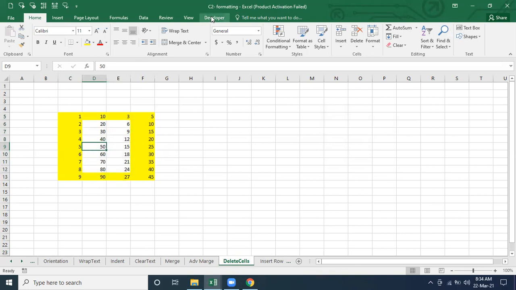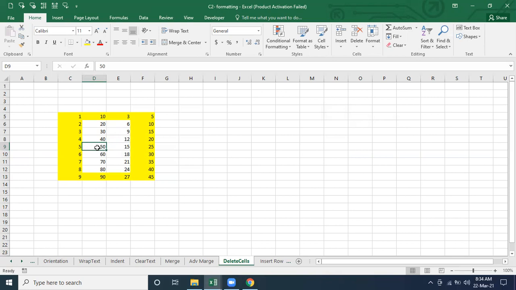Let's say here, the delete option is there. If I click on it directly, it is going to delete this cell completely. It's going to delete this cell permanently, so of course your shifting will happen. When I was taking the class for formatting in Excel, I explained it to you, right? If I'm going to delete, I think I have not covered it for you. So it's going to shift.